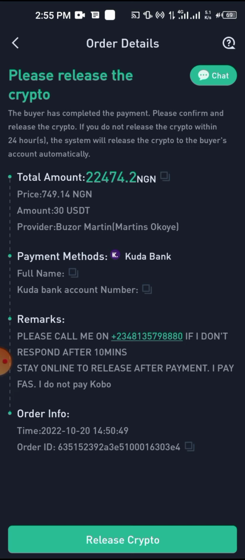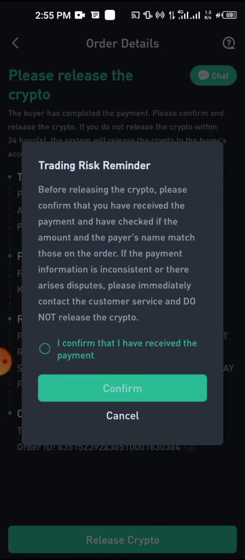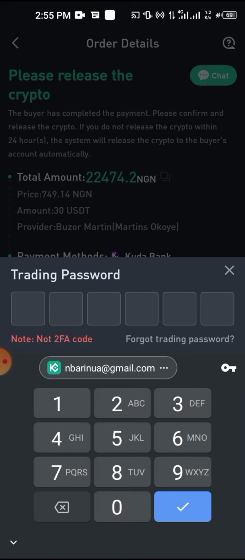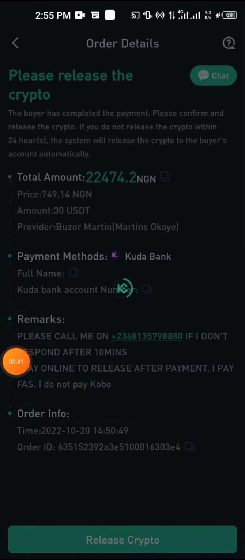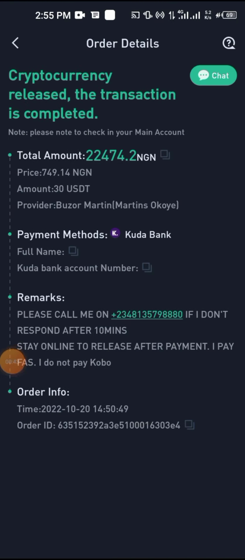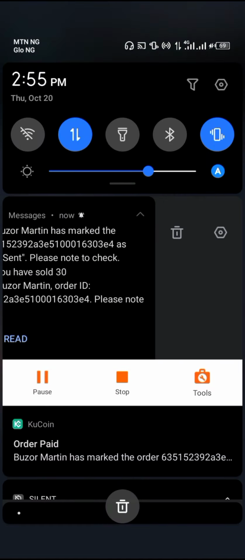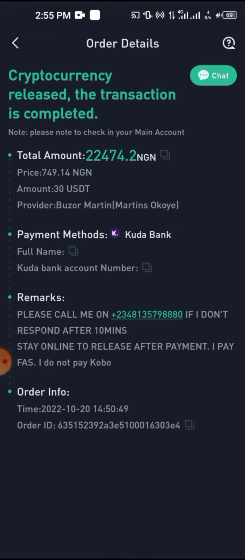Now that I've checked all that, I need to click on release crypto. I have received payment, then click confirm. When I click confirm, I need to enter my passcode, so the crypto will actually be released to them that way. So now I've successfully sold 30 USDT